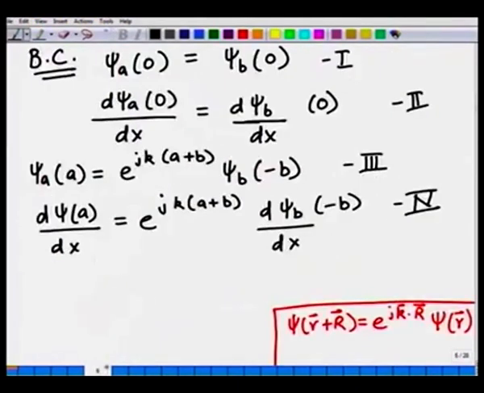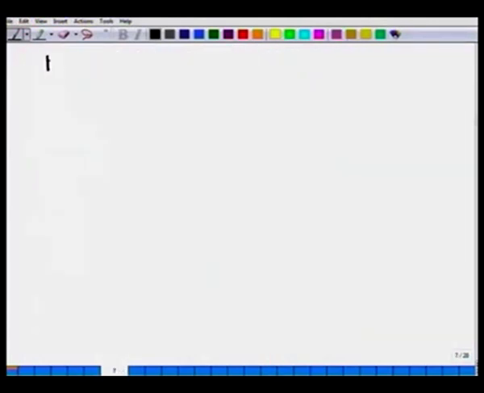If we start applying this boundary condition, then from 1 we will get the 4 equations. Therefore, B_A is equal to B_B, that is one we will get. Second, from the second equation we will get A_A is equal to beta A_B. Third equation we are going to get is